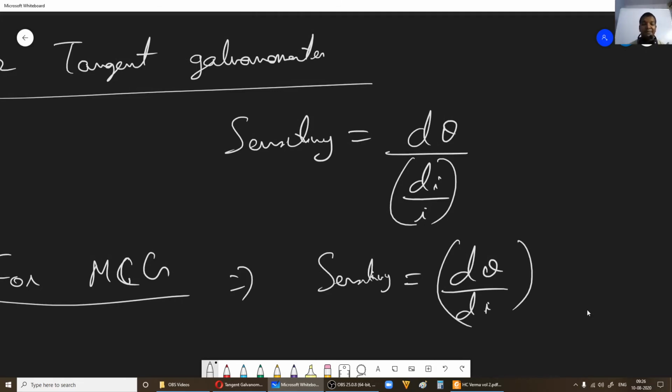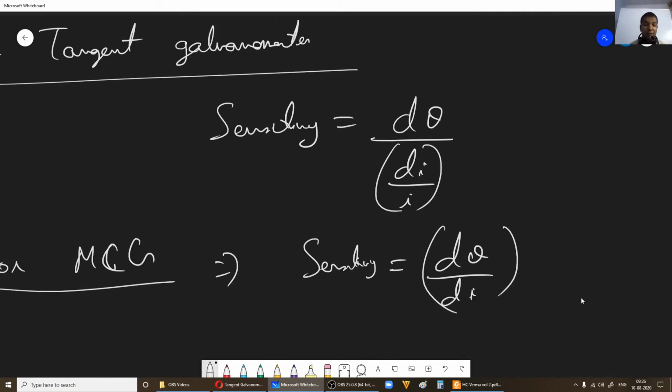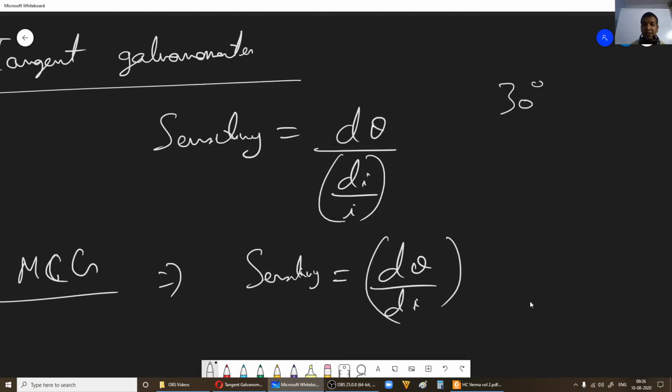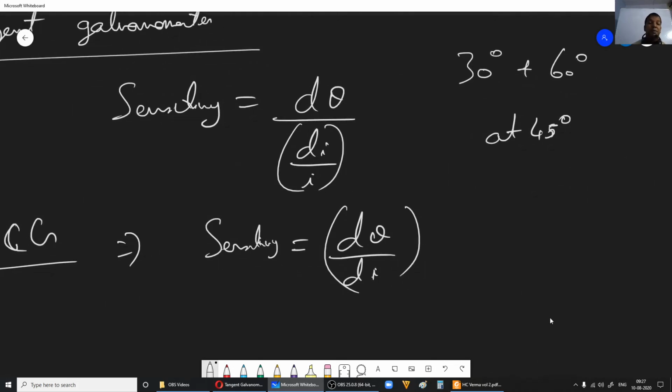So we will make sure that to get a good reading, the needle will point somewhere between 30 and 60 degrees. In this range, where you can expect good sensitivity is at 45 degrees. That is what they have given in your Allen material also. At 45 degrees, we have good sensitivity as well as accuracy. Remember this. In competitive examinations such questions are rare, but keep an eye.